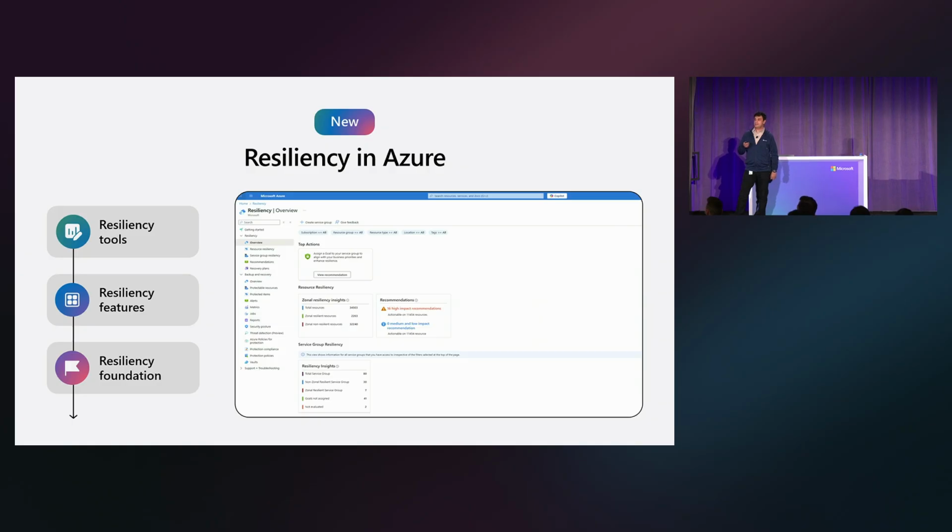And in the last several years, we have had multiple experiences which help you understand these and deploy these at scale. We have Advisor for recommendations, as an example. We have Azure Backup, which allows you to enable protection. You have Chaos Studio for enabling fault simulation. You have observability, which allows you to look at the health of your application. What we are doing at this Ignite, and that is the exciting part of it, is we are bringing it all together under one single umbrella. And that's what the resiliency portal is all about.